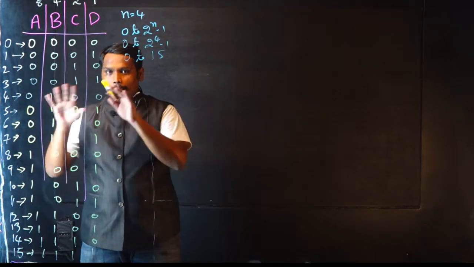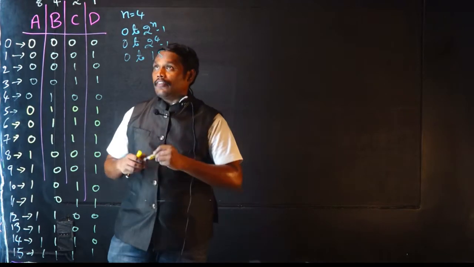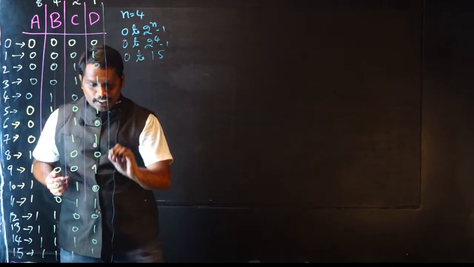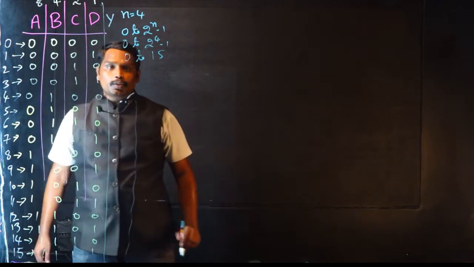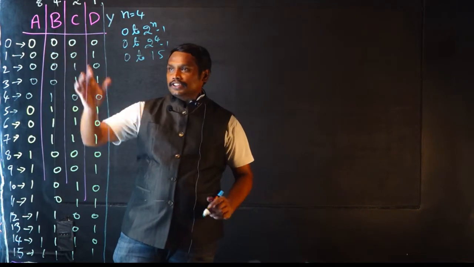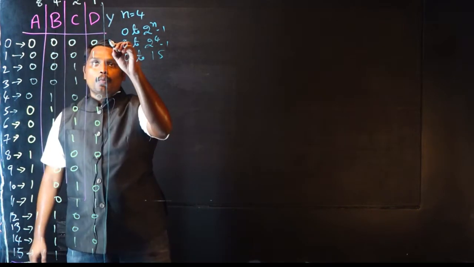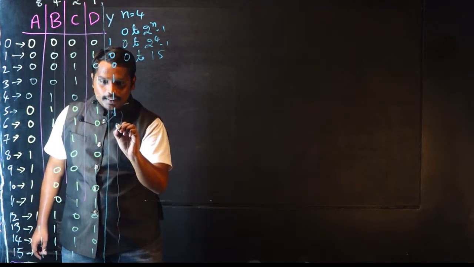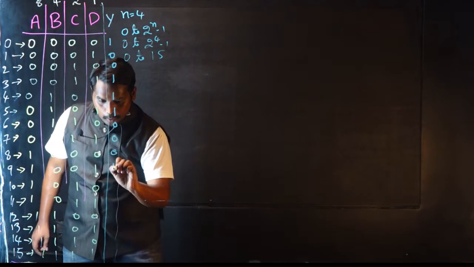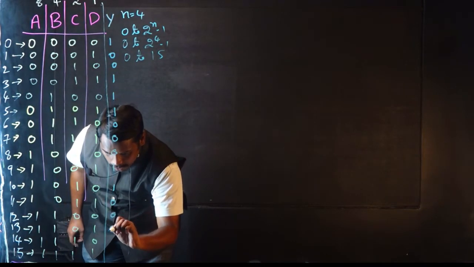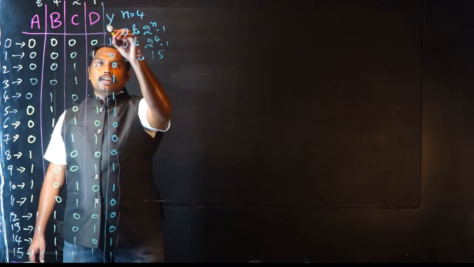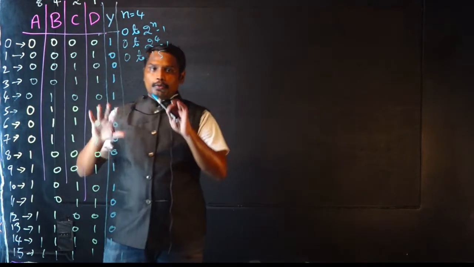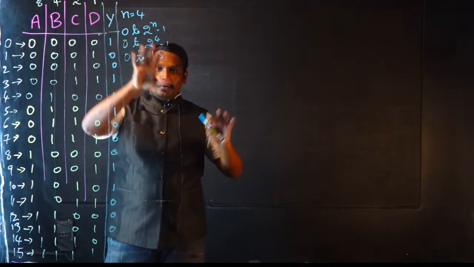For this particular operation, you will be having an output. So for that output, we are going to have another column, and we generally represent this output by y. Okay, so y. So for the binary operation 0, you may have something like 1 as an output, and 0, 0, 1, 1, 1, 0, 0, 0, 1, 1, 0, 0, 0, 1, and 1. So this is how it is going to give an output, right? So based on this particular truth table with the input binary values as well as output, you are going to construct a Karnaugh map.